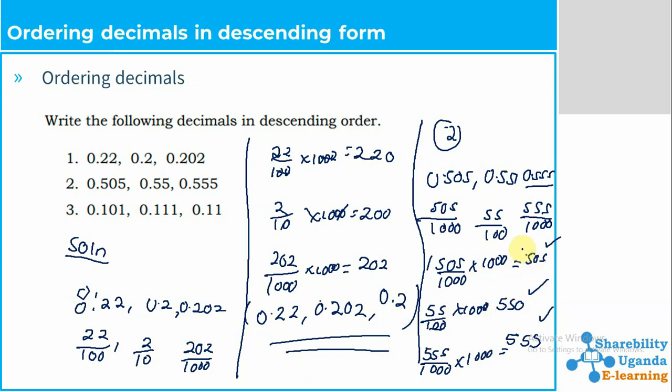Then lastly we come with this. Okay, so now you can see that we have been able to manage and solve our number very well. So that's how we can play around with